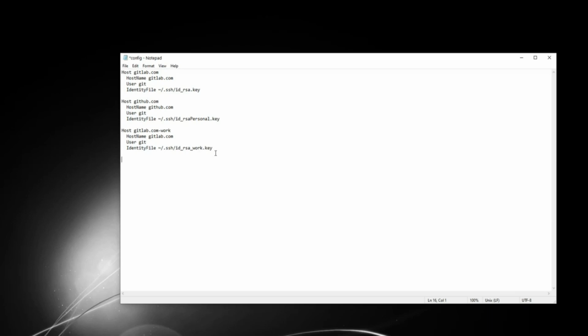So let's do it for the Pi. So host, I'm going to use the alias Pi because it's really short, but you can have anything there you like. The host name is going to be my IP address. The user, of course, is Pi, and the identity file is going to be my home directory, SSH hidden folder, and then Raspberry Pi key. And that's all we need. So if I save this file, Control S, and I close it down,